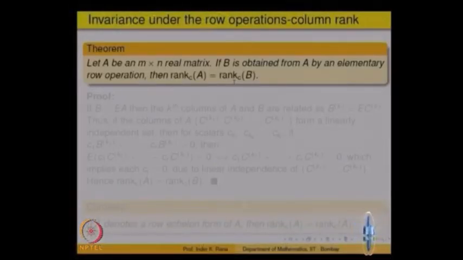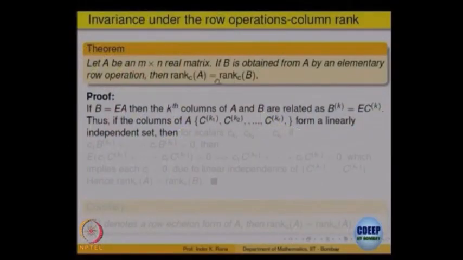Similarly, if we look at the column space, we want to claim that the column space of a matrix A is the same as the column space of the row echelon form of the matrix. How do you get the row echelon form? By applying row operations, right. And in terms of matrix multiplication, what is the row operation? Pre-multiplying by an elementary matrix, and those are all invertible matrices, right, we observed that. So, we will use that fact now.